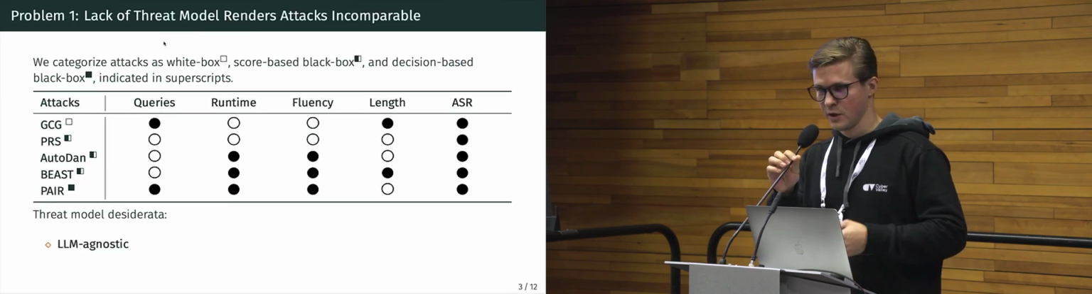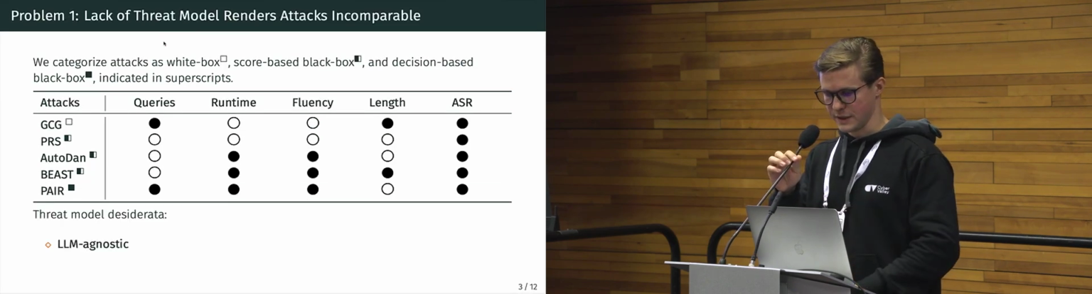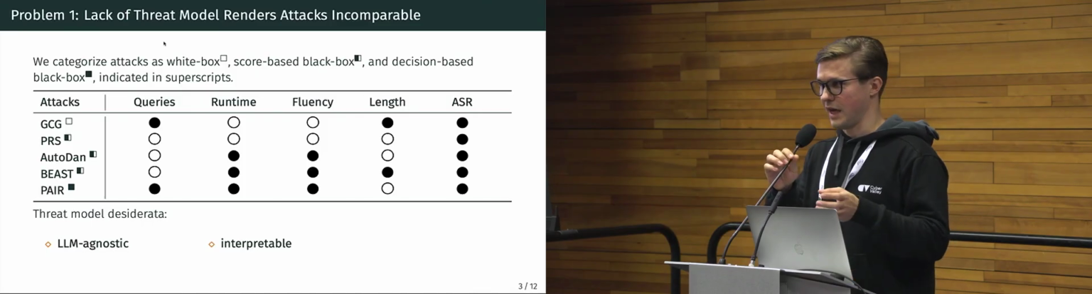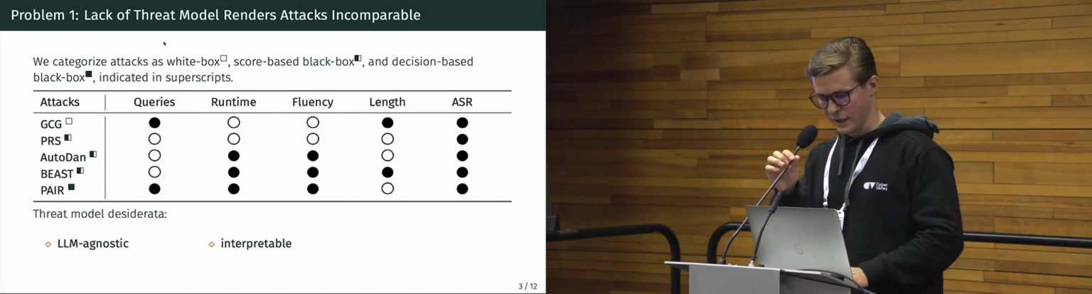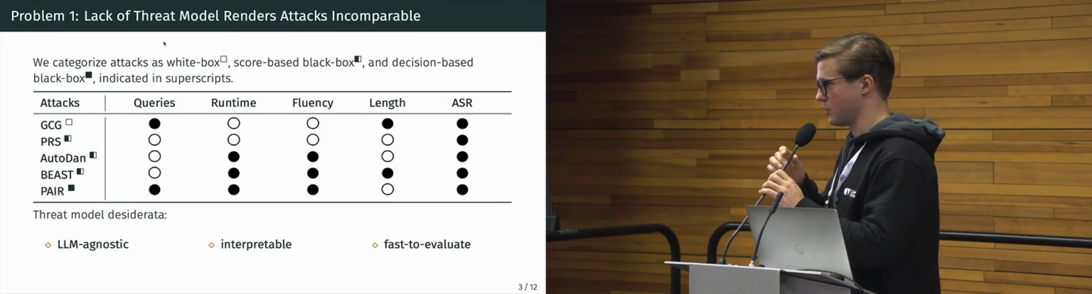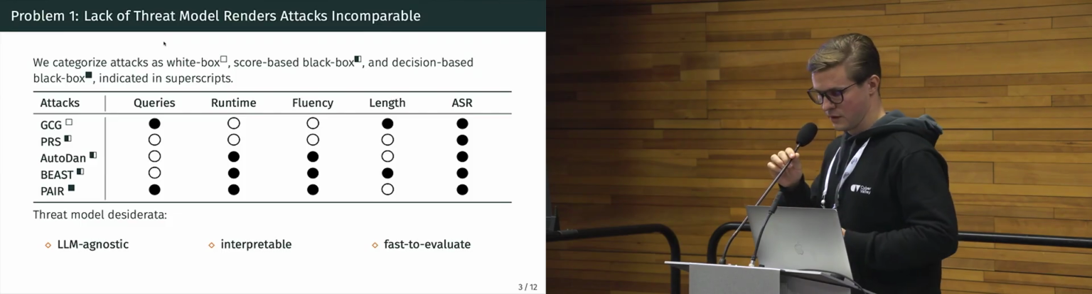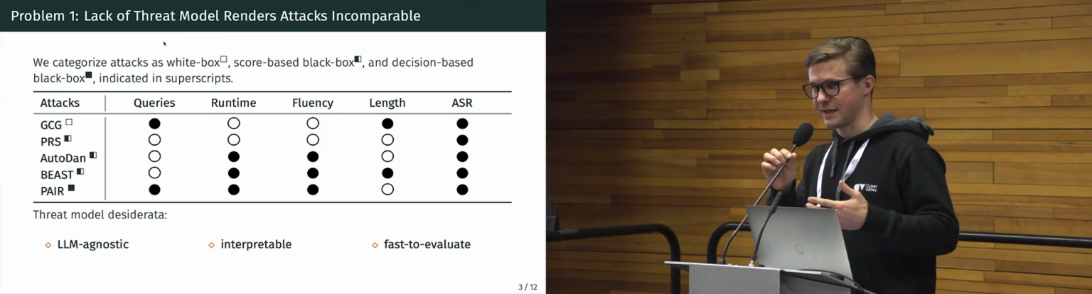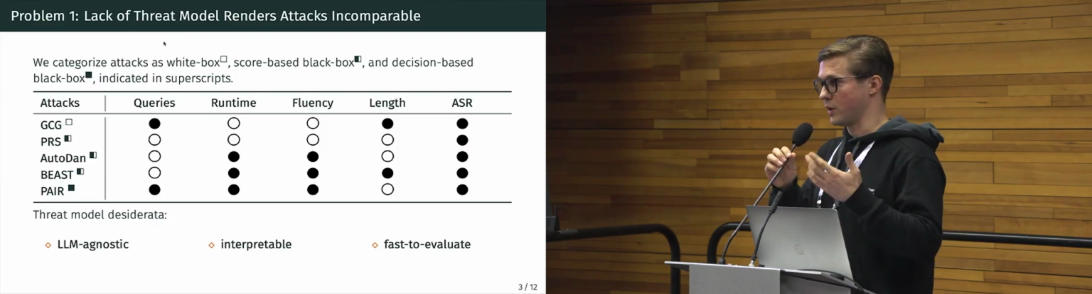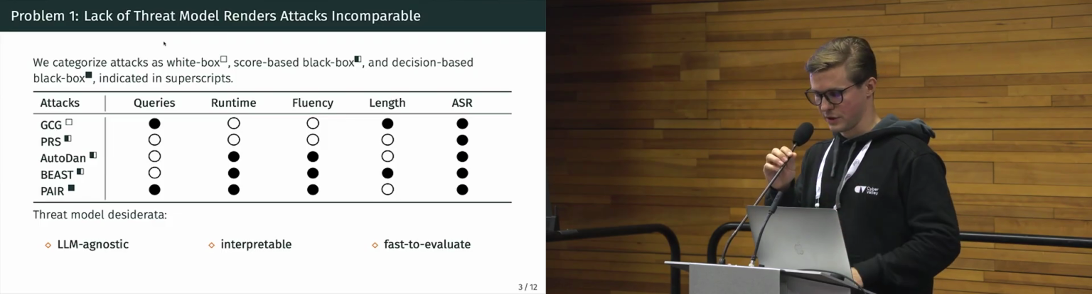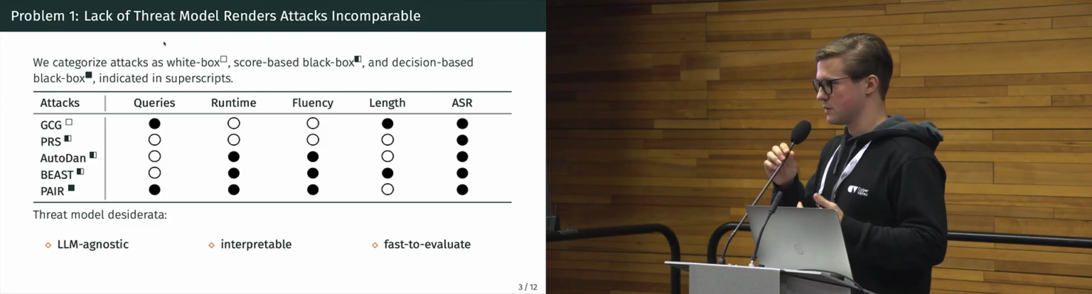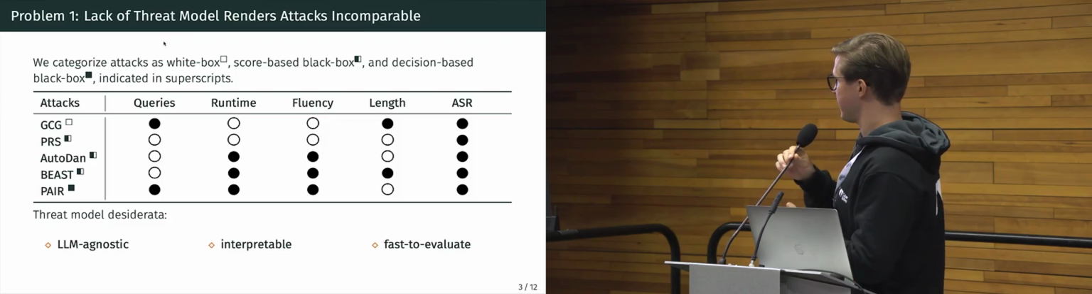So we say we want a threat model with these desiderata to be able to have one metric to compare them. It should be LLM agnostic, because we want it to work on different attacks and different models. It should be interpretable, because we want to understand how it is working and when it is filtering out particular responses. And it should be fast, because adaptive attacks should be